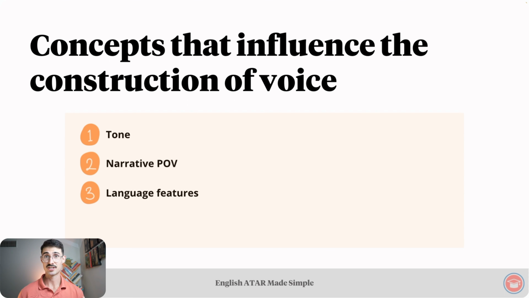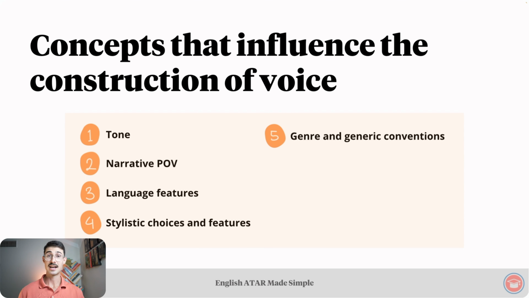Language features. The question to ask is, what written and/or visual language features are used in the text that construct the author, narrator, or director's personality? What stylistic choices are made in the text that constructs the author, director, or narrator's personality? How does the genre of form and structure and the genre of subject matter and the conventions of each influence the construction of the author, director, or narrator's personality? What does the author, director, or narrator's use of structural features reveal about their personality?